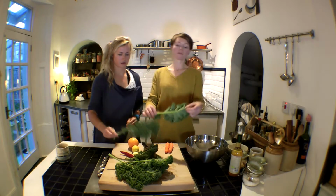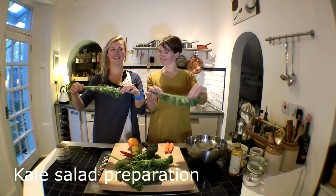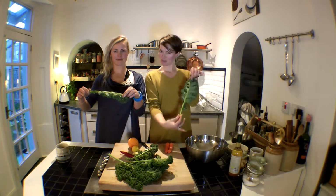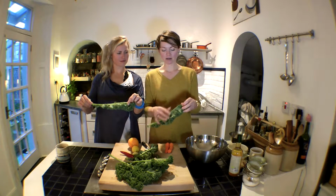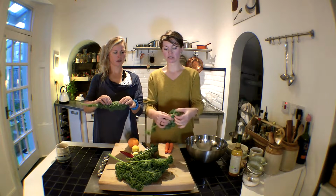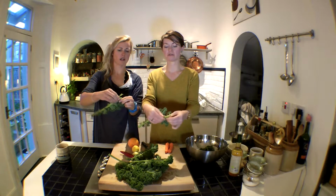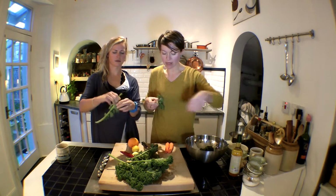So tell us what to do. So, first of all, you take your kale leaf, right, and you look at the stalk, the main spine of the kale leaf, and so we don't want this middle part. You can absolutely eat it, but for salad purposes, it's better to take the top, pinch it in the middle, and tear like this, and just do the same thing the whole way down. And when you get towards the tougher part of the stem, you're literally just grabbing it on either side of the stem and pulling like that. And so what you end up with...